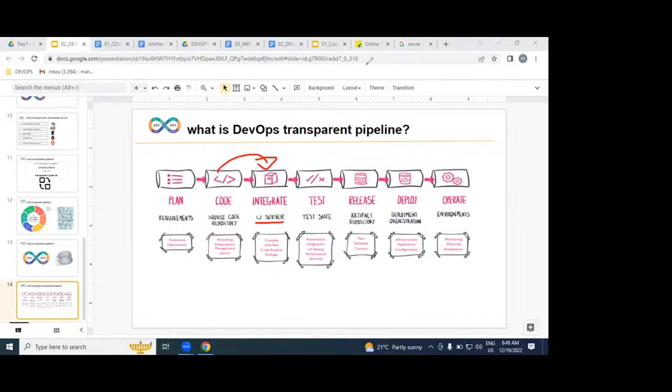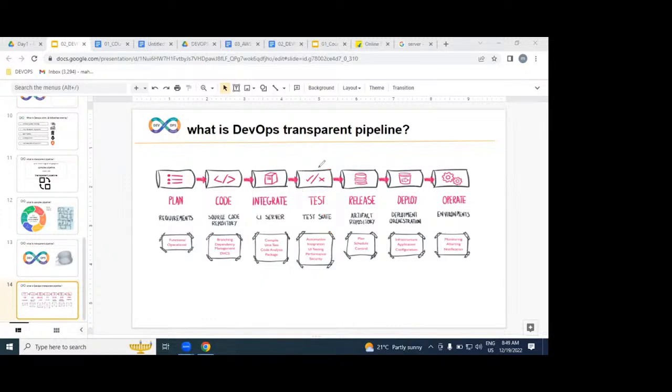Once all the developer source code is integrated, to check whether the software is working or not, we need to execute our test cases. Who is writing these test cases? DevOps engineer or testers? Testers will write them, not you and me. So we are just integrating the test cases, which are written by testers. Our job is only to integrate.